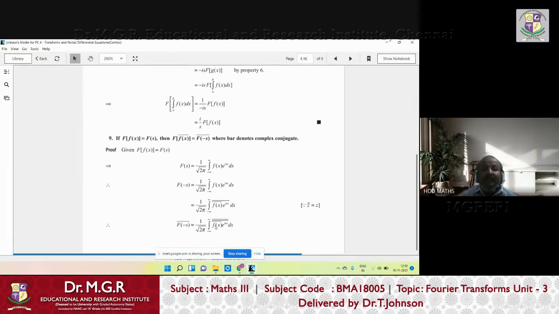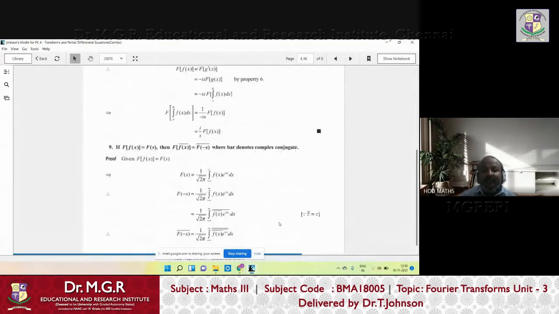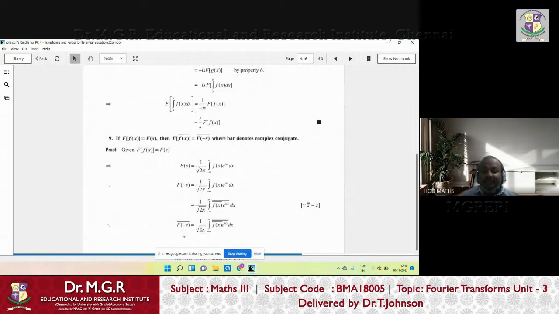But if you apply it a third time, only one time on this side, then you have to apply it on the other side also. If you apply the complex conjugate on one side two times, there won't be any change on the left hand side. But if you apply it the third time, that will affect the left hand side. So the left hand side is minus f dash of s, and here it will be like this. Now